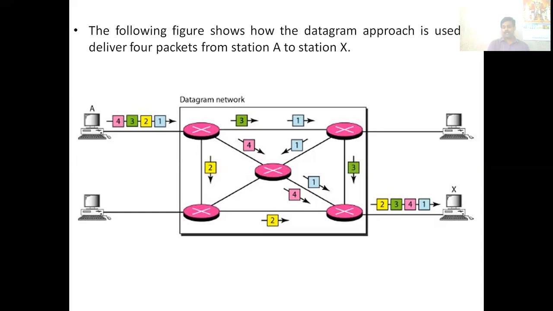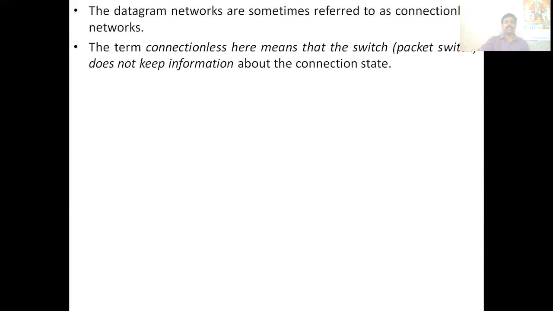So this out of order problem, and if any datagram is lost, these problems will be set right by the upper layer protocols. Usually in this datagram approach, the packets will be coming out of order only, but the upper layer protocols will set right all these things. They will rearrange. Datagram networks are connectionless networks, because before sending data, there is no need to establish any connection.